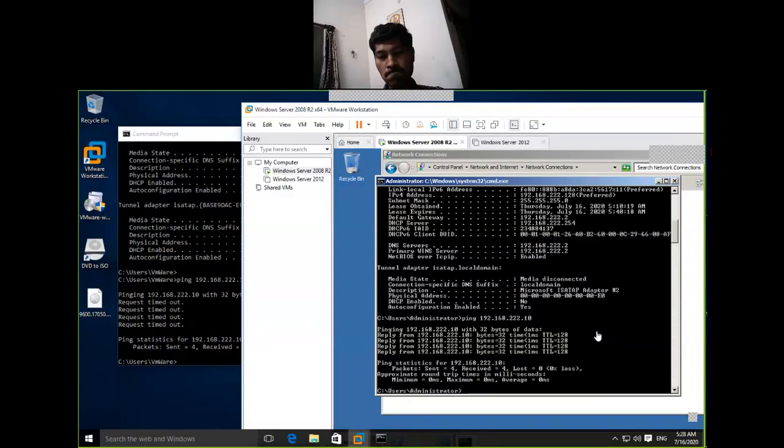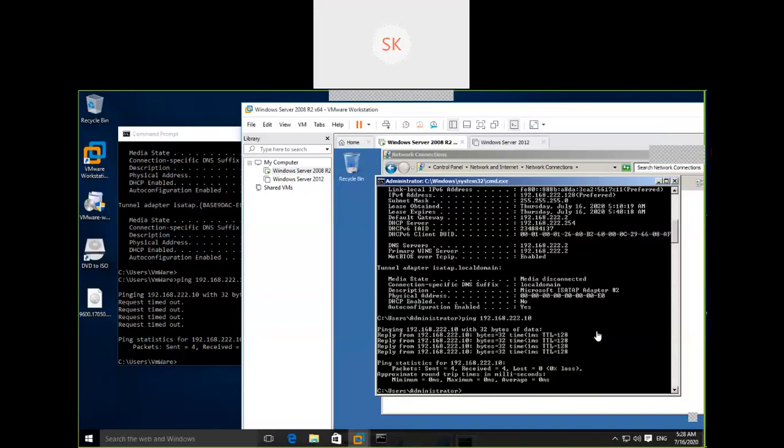Okay. Now we are not able to ping, but we are able to ping the local system. That is, whatever IP address we assign, we are able to ping that server. Now we have to check what things need to be configured.